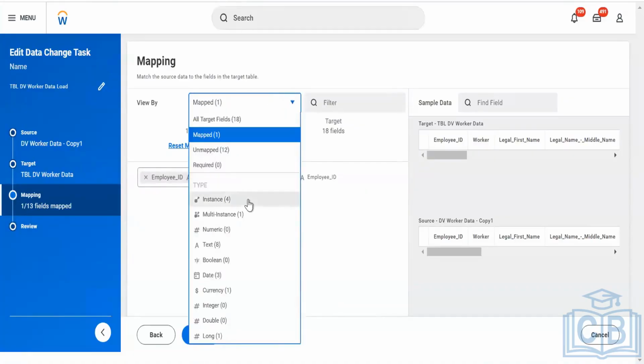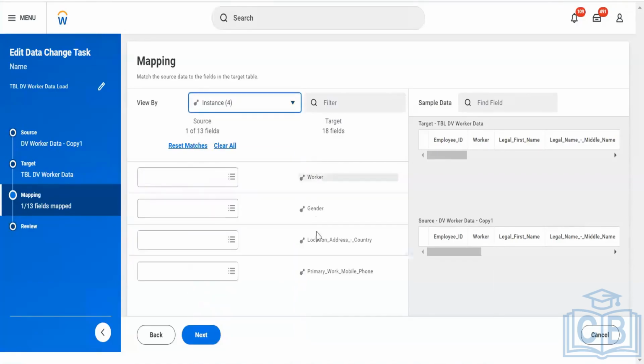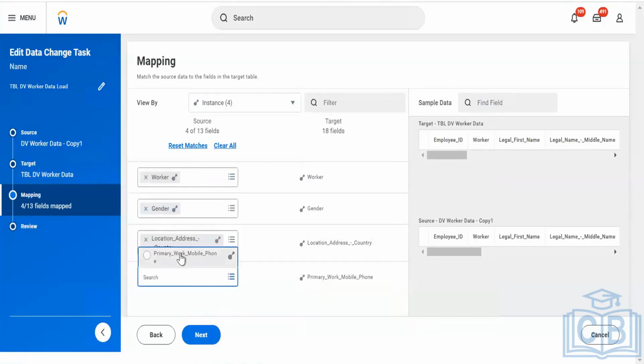Another thing is, let's say I want to see how many fields are instance fields, I click on it and I find worker gender. These are the instance fields. It's easy for me to map this. I will be able to map this gender. Yes, now I am complete with this one. Now I will do the